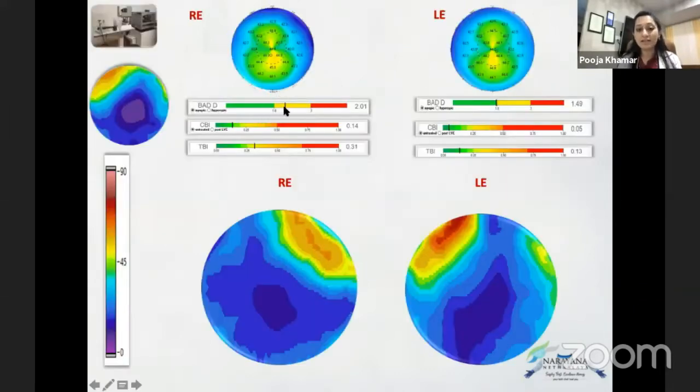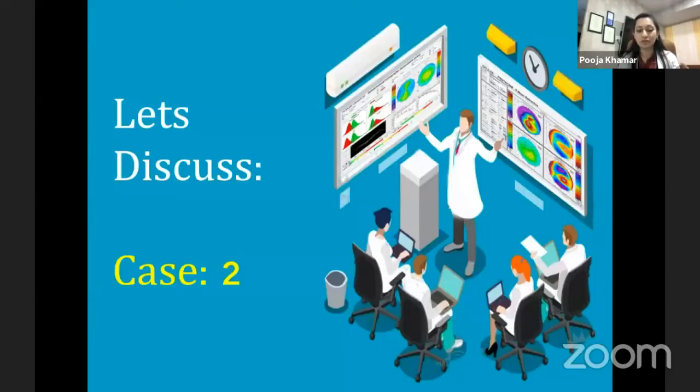So this patient had a suspicious BAD-D, but the CBI index was normal. So is there something abnormal we are dealing with? Let's look at the PS-OCT. In the PS-OCT, you can see a nice dark blue color here and here. That means this is a strong cornea, and what CBI is trying to tell you is an absolute truth. If you go ahead and do surgery for this patient, you would not land up in a problem and you would be in safe hands. So CBI is actually telling you the truth here.